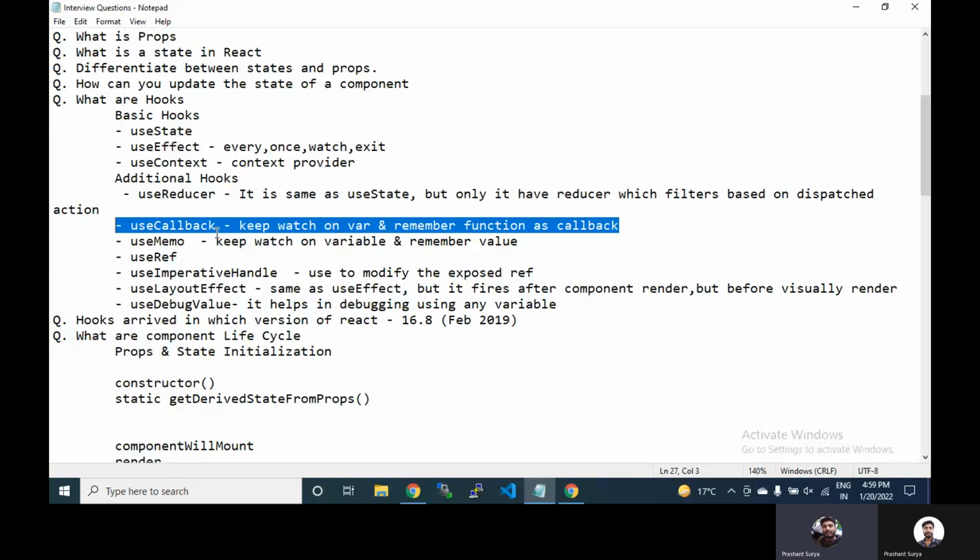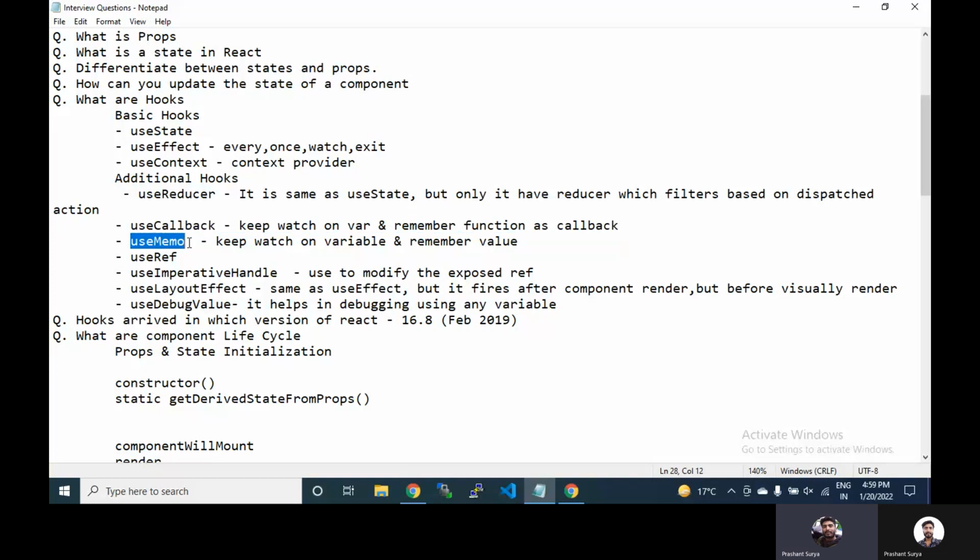components. Okay, so what is useMemo? useMemo is basically used to store expensive calculations, a large amount of calculations, or calculations inside any nested loop, so that they are stored in memory.